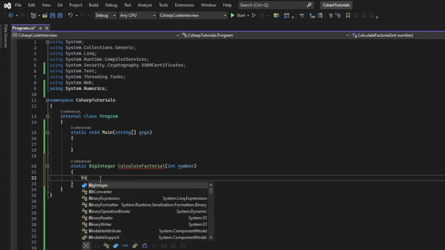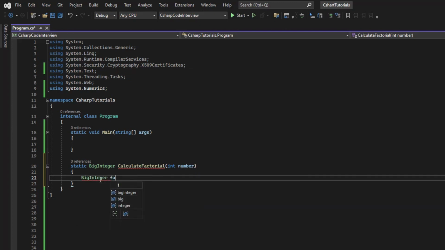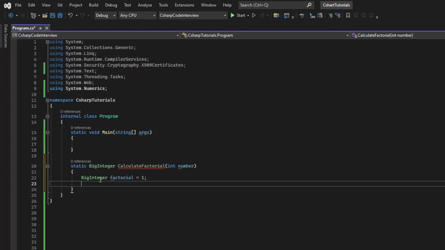So let's declare a BigInteger factorial, which we initialize to 1 for now, and let's have a condition where we check